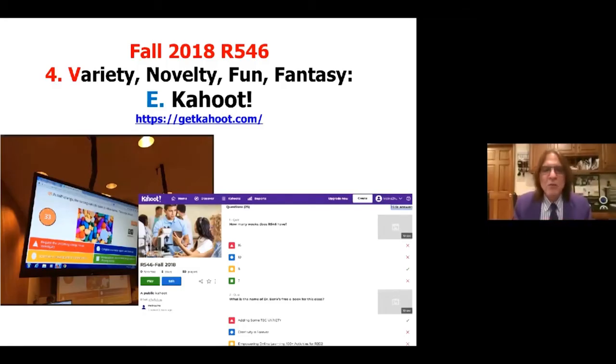But this guy in Norway built Kahoot. Kahoot is a really nice tool. It lets you do quizzes after you do some training. You can have competitions, and everybody has a name, and the faster they respond and get the item right, the more points they get. The students get really excited, and they want to have their picture under the computer screen if they win. So try Kahoot out. It's a simple tool to have multiple choice questions and true and false and other things for review. It's a review tool.